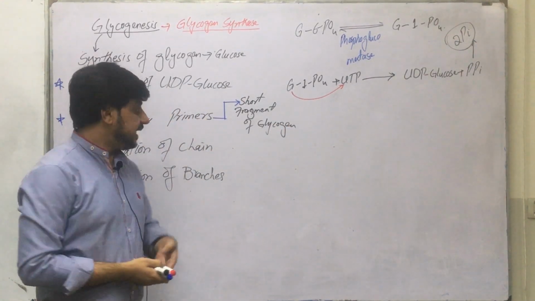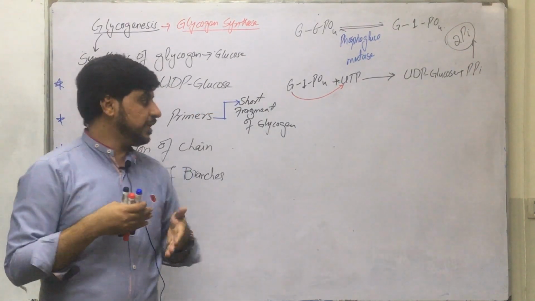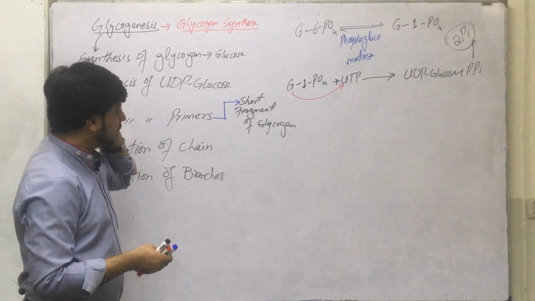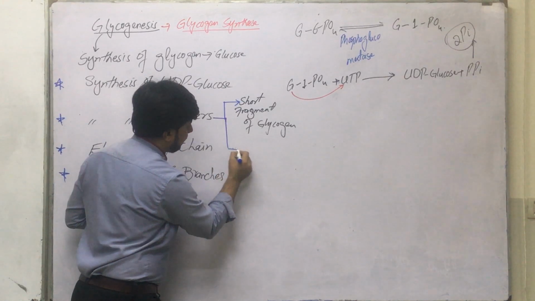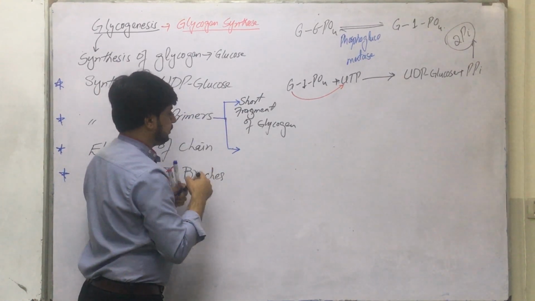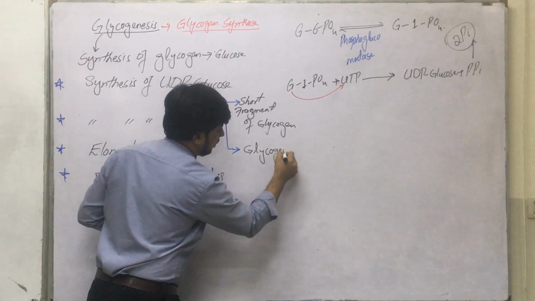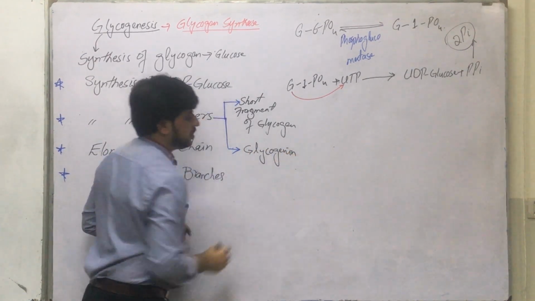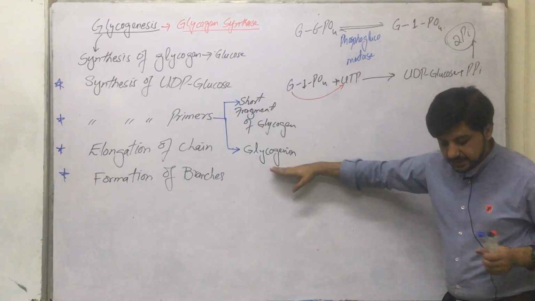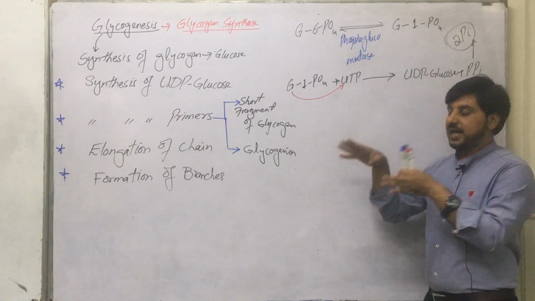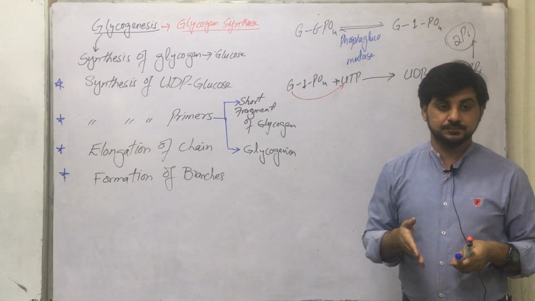And if that short fragment of glycogen is also utilized, or we are depleted of this short fragment of glycogen, then there will be another primer, that is a protein, an enzyme which we name as glycogenin. So here this glycogenin is an enzyme and it has an active process which is the autoglycosylation, and